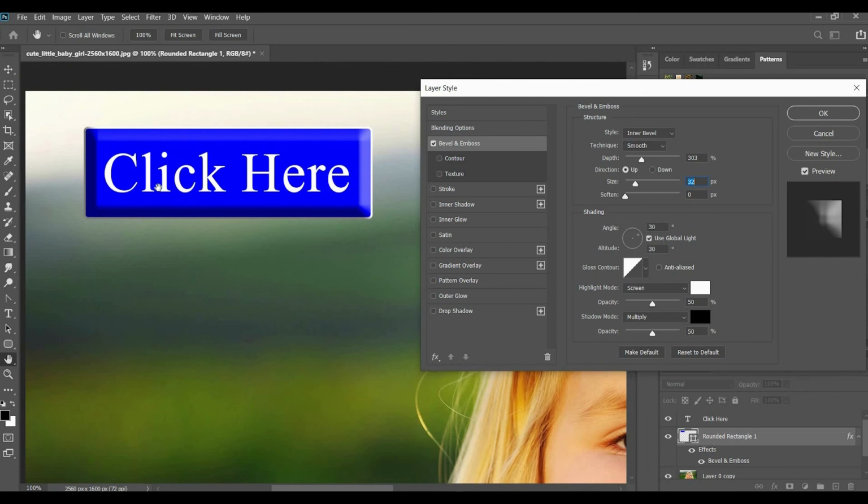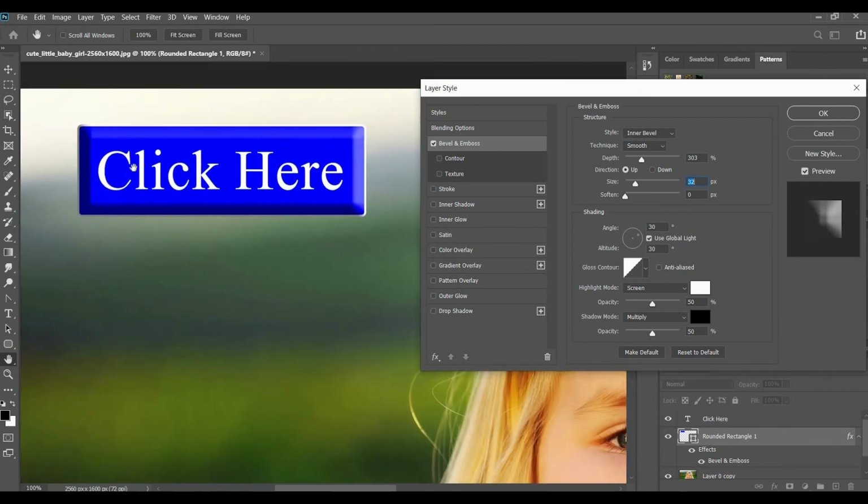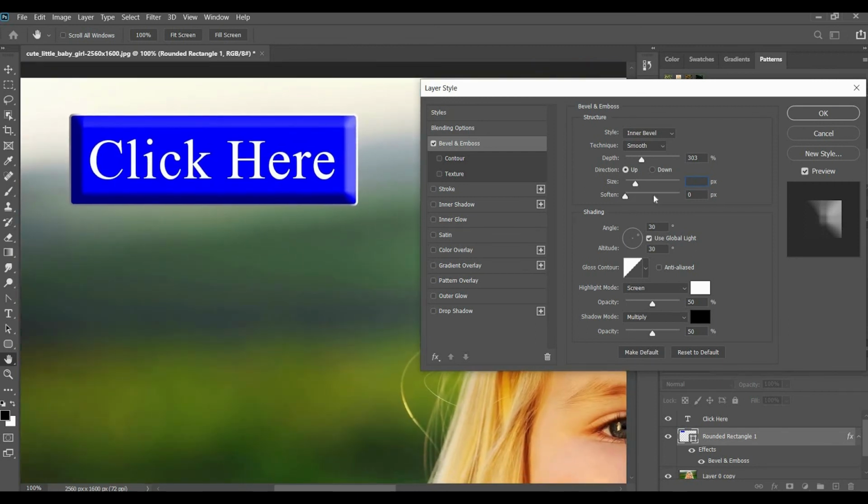Right? For zooming, we want to press Ctrl and click. Use this option and all. So opacity. Opacity means the transparency of this particular option.